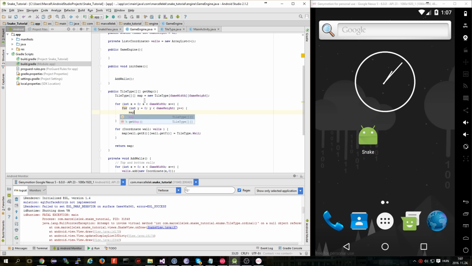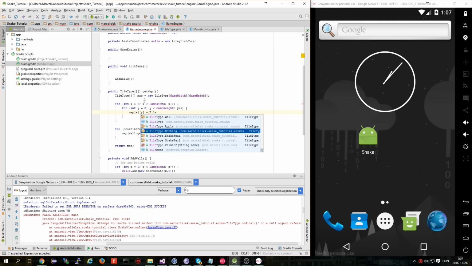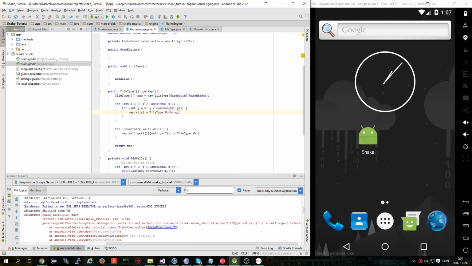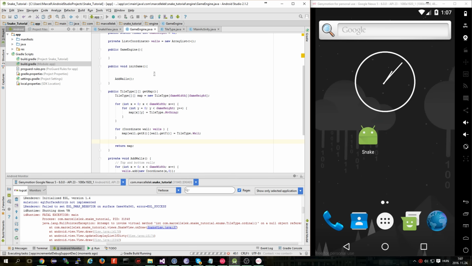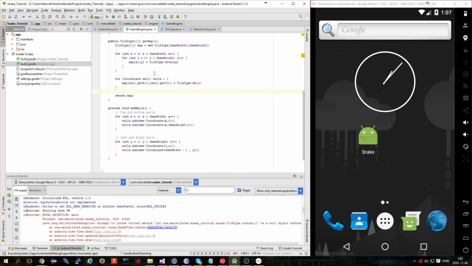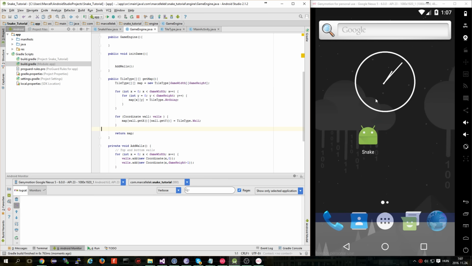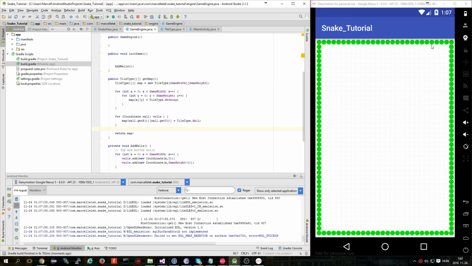And basically we are going to set x and y equal to tile type nothing, and this way we first initially set nothing to every tile, and then we are adding our walls, and later on we are adding our snake, our snake head, and so on and so on. Okay, launching the application, and as you can see,